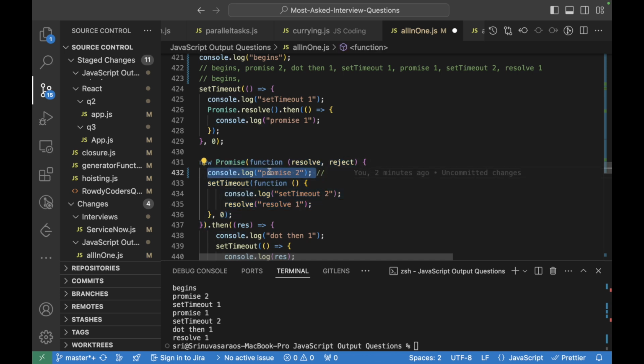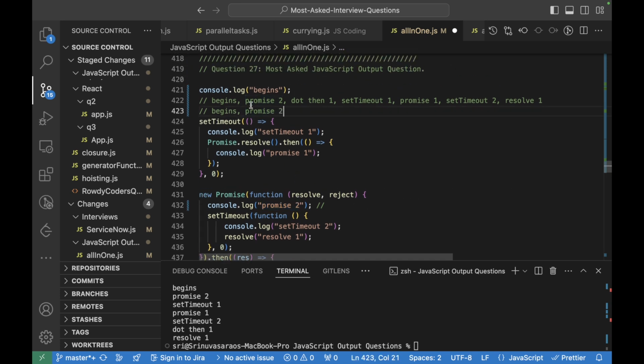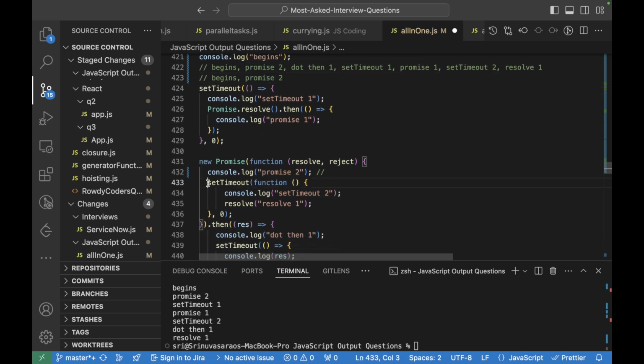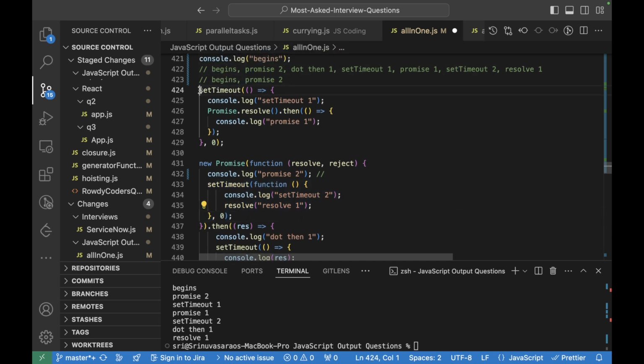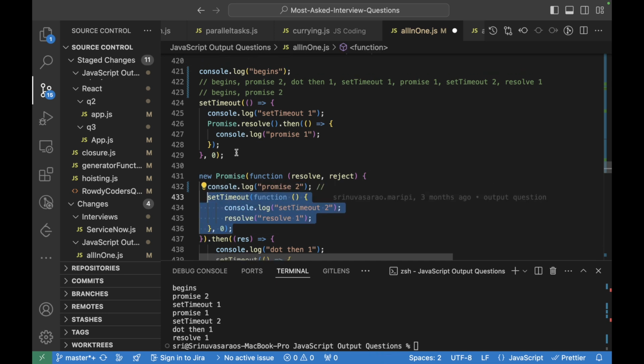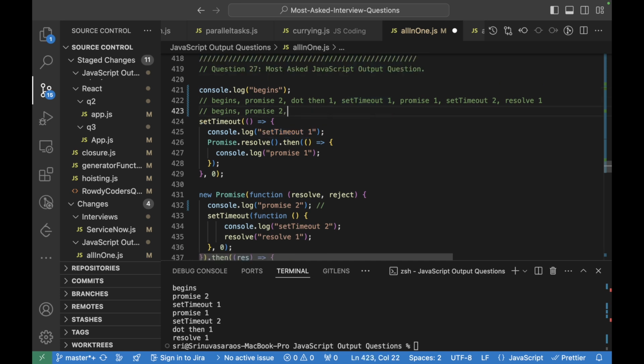So this particular promise 2 will be logged here, and then this setTimeout will be registered, and now we have two setTimeouts, right? This setTimeout is the first one that is pushed, so this setTimeout will execute and output this particular console.